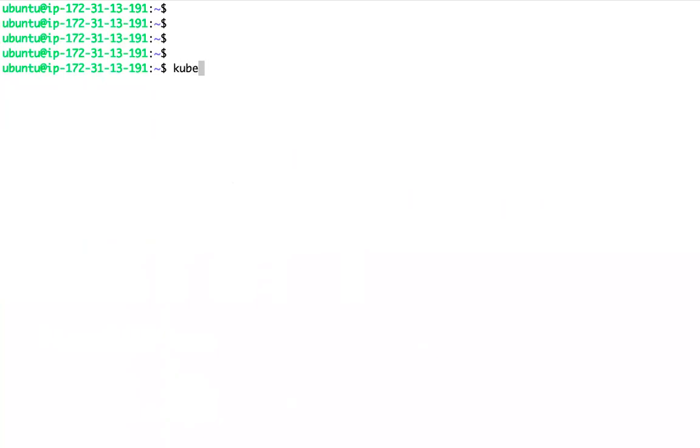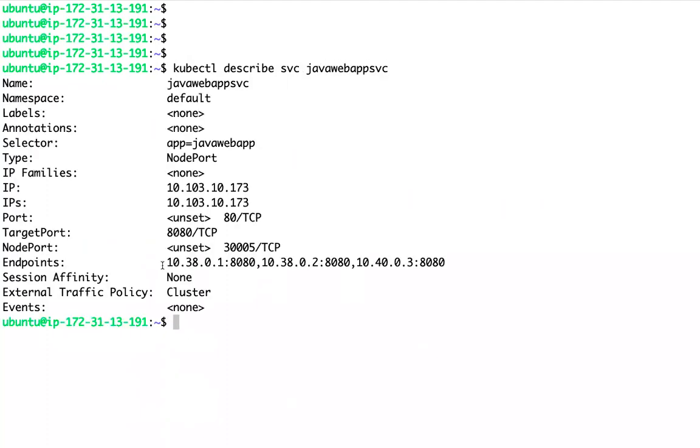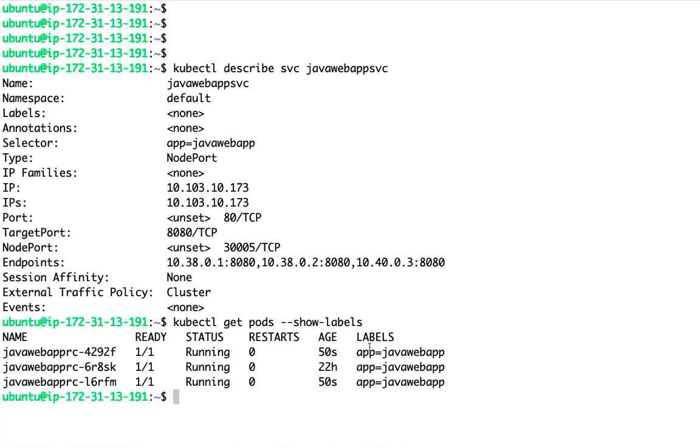Now our service, how many endpoints does it have? This service has 3 endpoints, because the service is able to find 3 pods with these labels.